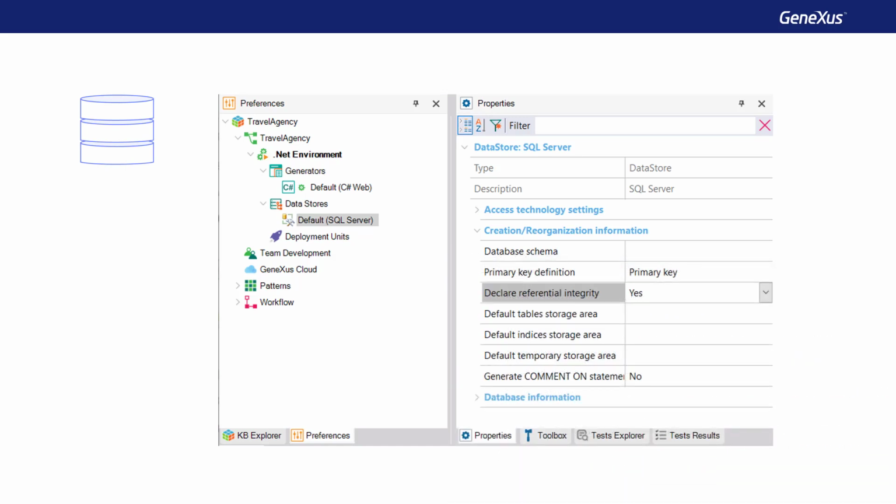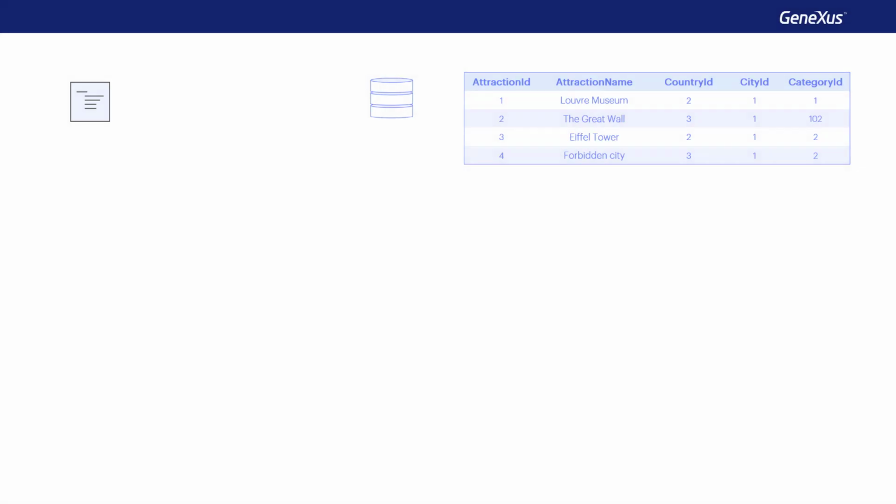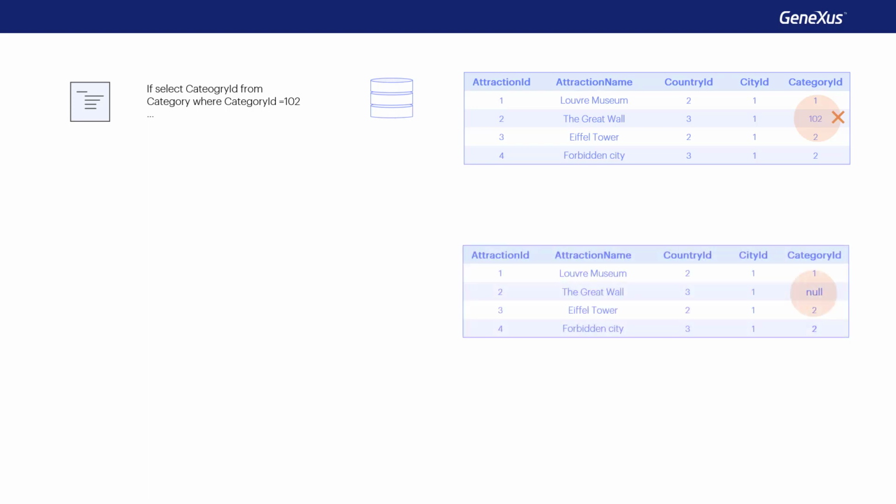By default then, if we don't change that property, the referential integrity may or may not be controlled programmatically, but it'll always be controlled by the database. However, we had seen a case where a non-existent foreign key value was allowed. It's just that, strictly speaking, it wasn't a value. That's when we allowed the foreign key to be null. How did we tell the database that we would allow this for a foreign key?